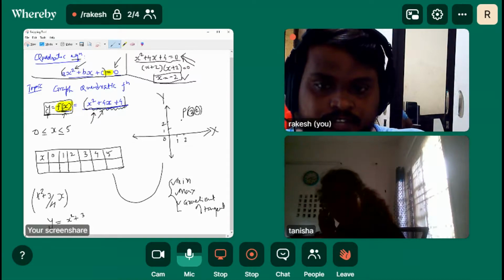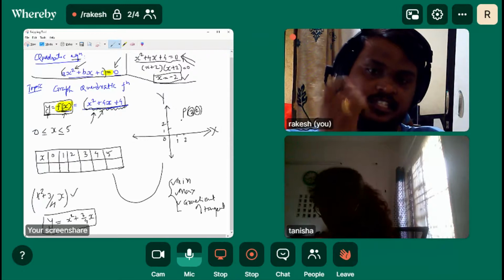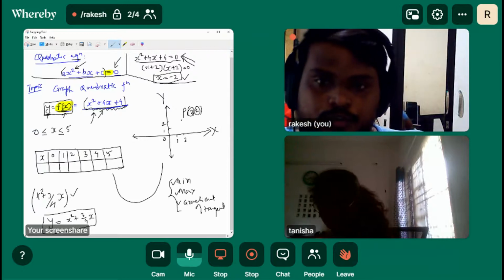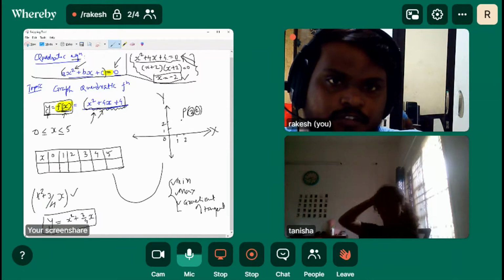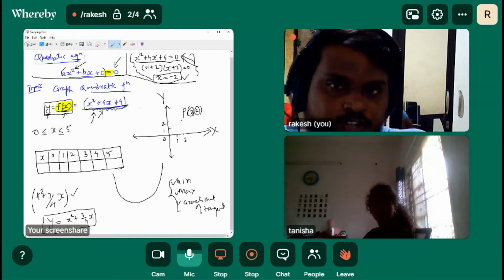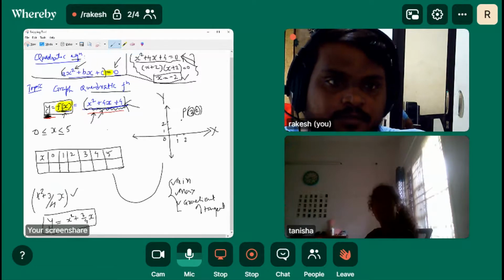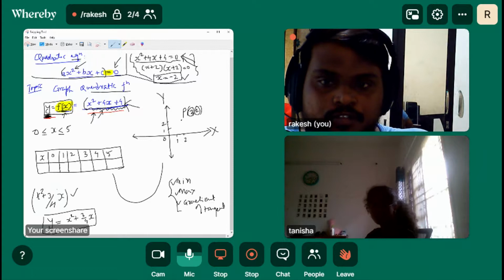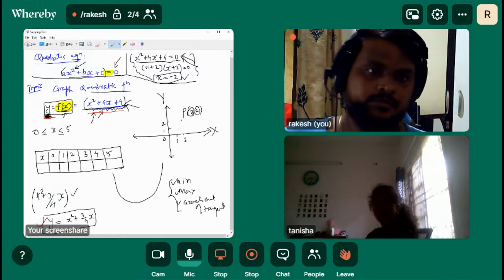So same thing we are doing here. We have to graph y is equal to x square plus 3 by 4x, and factorize it as they ask. Mainly, the student got confused about quadratic equation and the graph, like quadratic function. So this is a quadratic function, y is equal to x square plus 4x plus 4. It is similar to y is equal to x square plus 3 by 4x.